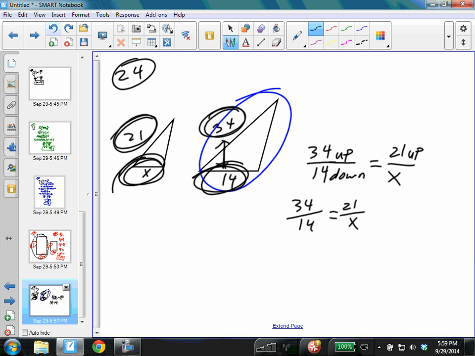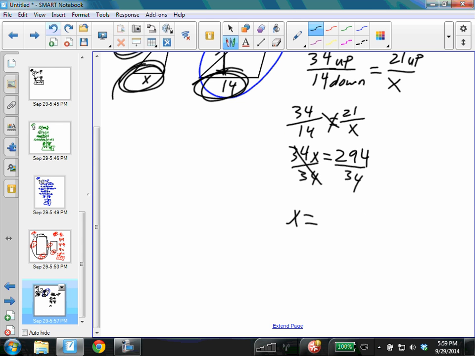And now this is just a nice, simple ratio problem. Excuse me. So I'm going to cross multiply, and x times 34 makes 34x. And then 14 times 21 on the other side. So 14 times 21 makes 294. And now to get x by itself, they're multiplying by 34. So I simply need to divide by 34. So these cancel, and x is equal to, if you take calculator and do 294 divided by 34, it gives me